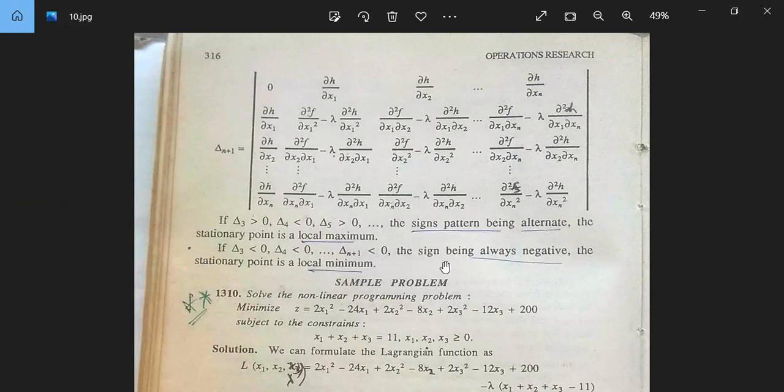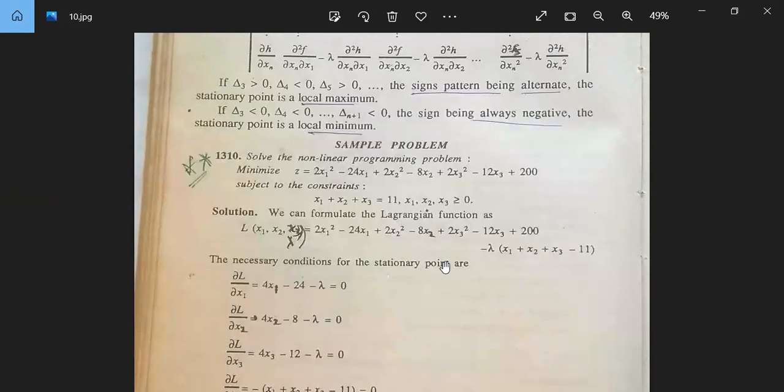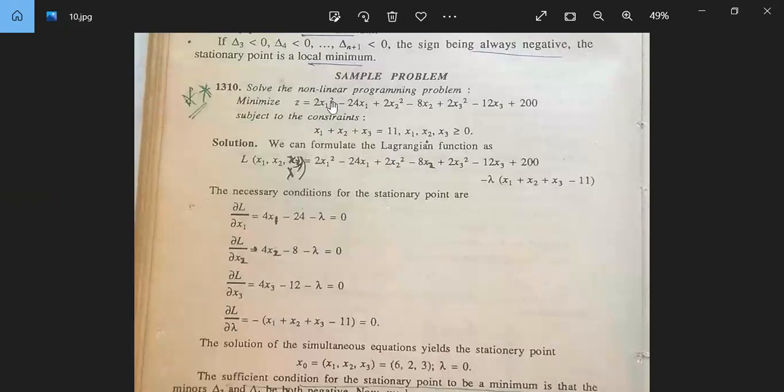तो इस पर बेस्ड एक प्रॉब्लम देख लें कैसे करना है. Solve the non-linear programming problem. Minimize z equal to 2x1 square minus 24x1 plus 2x2 square minus 8x2 plus 2x3 square minus 12x3 plus 200. नॉन लीनियर हो गया। सब्जेक्ट टू द कांस्टेंट x1 plus x2 plus x3 is equal to 11, वन कांस्टेंट है